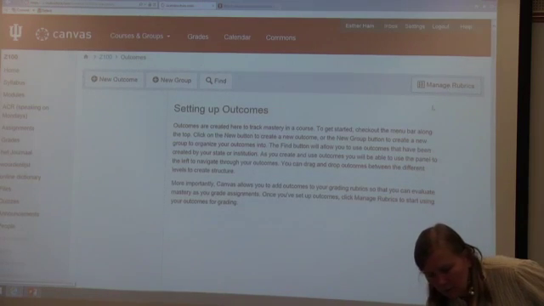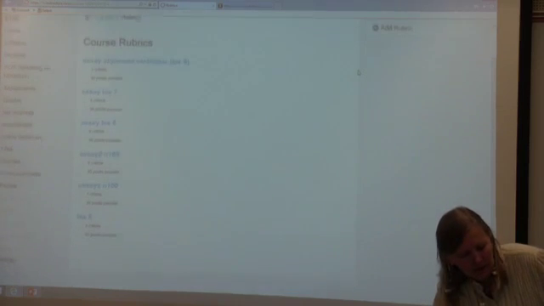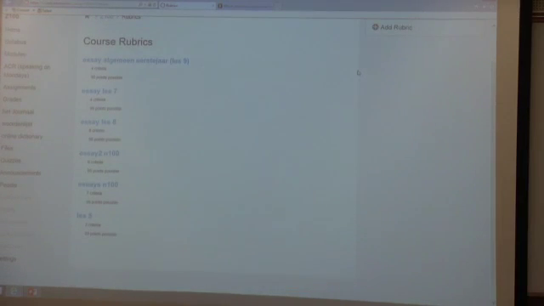And when you look at my rubrics, I don't have that many in this course, but then I can click on it and change it, except when it's already in use in another assignment, you cannot change it. So that's how it works with rubrics,